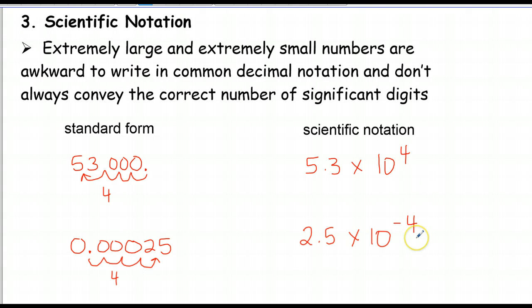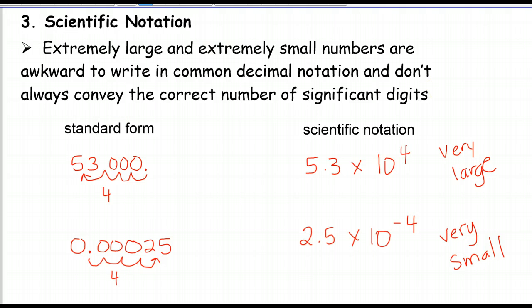Okay, and this is also something that people commonly confuse. How do I know whether my exponent should be positive or negative? A general rule of thumb is it's going to be positive for very large numbers, and it's going to be negative when they are less than 1 or very, very small numbers. So that's a general rule of thumb that can help remind you